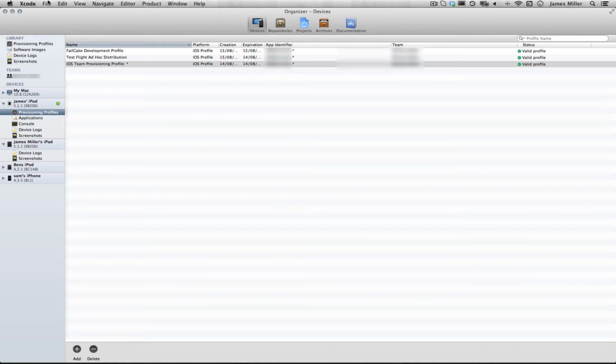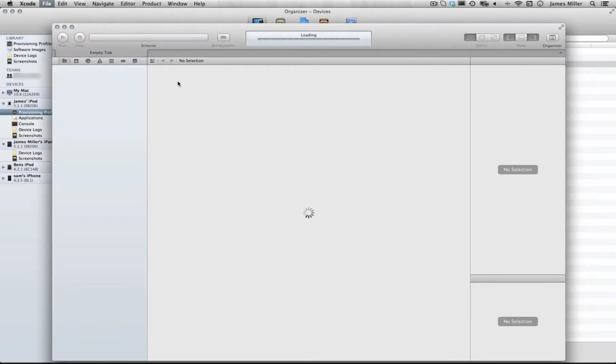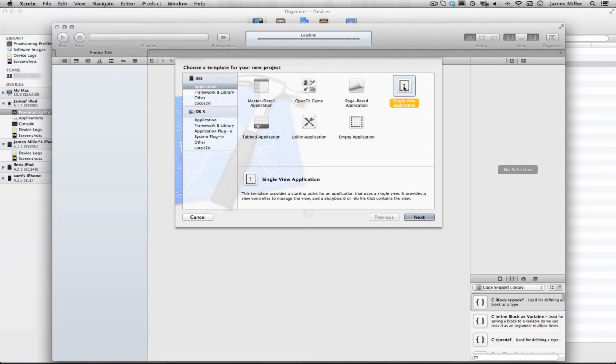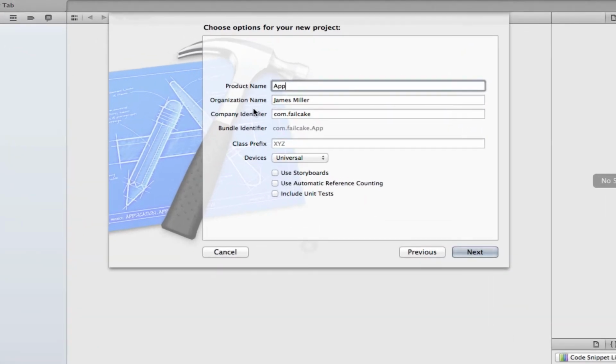For the purposes of this tutorial, I'm going to create a new project just to show you how to set one up with the new keys, and that will make sense in a minute. So create a new project here. I'm just going to call this app, and as you can see here, before we completely ignored this because they were just tutorial apps. Now we need to actually take note of them because this company identifier